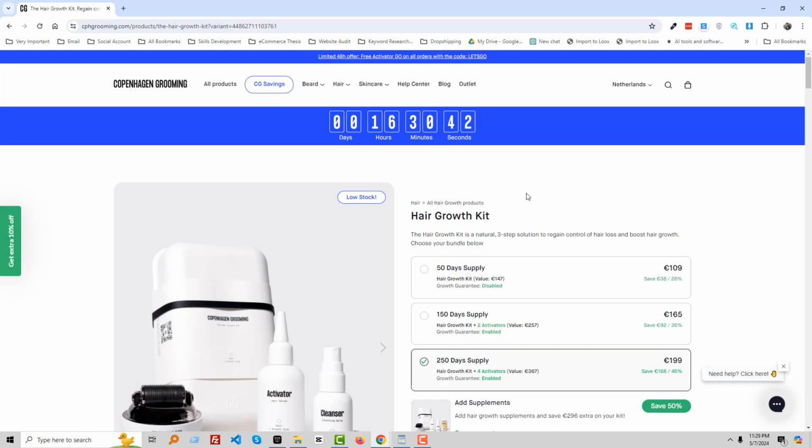Okay, now the question is which is the best Shopify theme and apps detector, or how you can detect it. Okay, now I'm going to share the solution. First of all, you have to go to